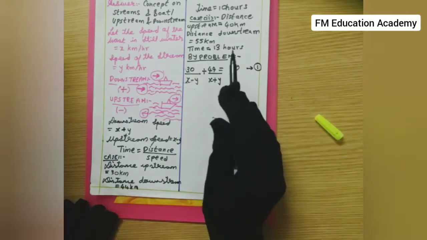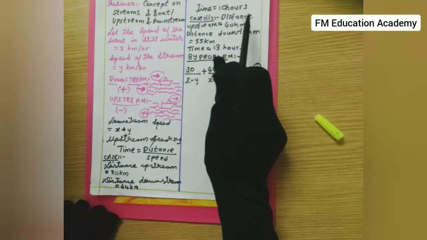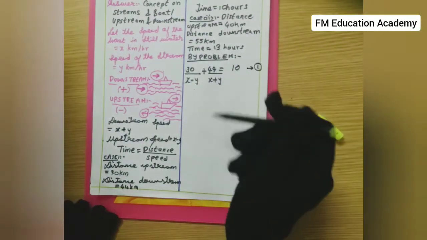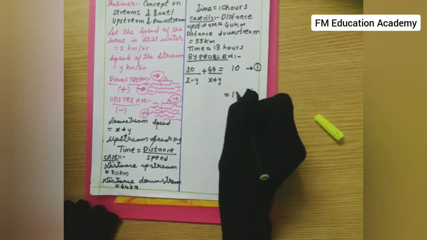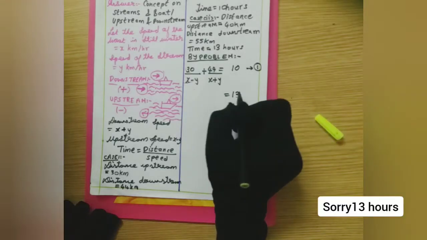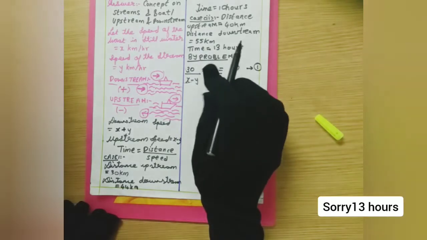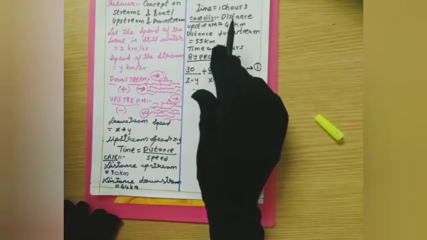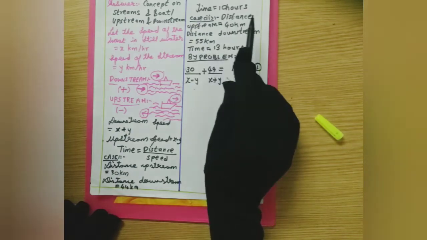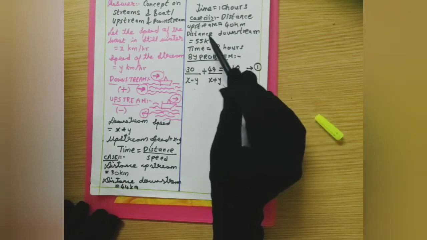Now from the second case, what am I given? Distance upstream is 40 kilometer and distance downstream is 55 kilometer and time is 13 hours. So here on the RHS also I have 13 hours. That is total time it is taking when I add both the times is 13 hours. Okay. Now here if you observe, I need time upstream in the second case also for traveling 40 kilometer and I need time downstream for traveling 55 kilometers.